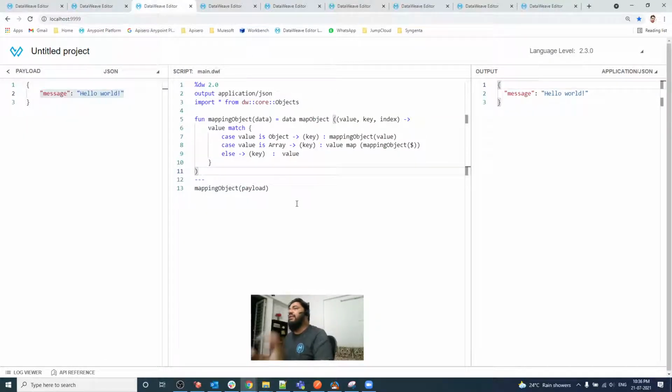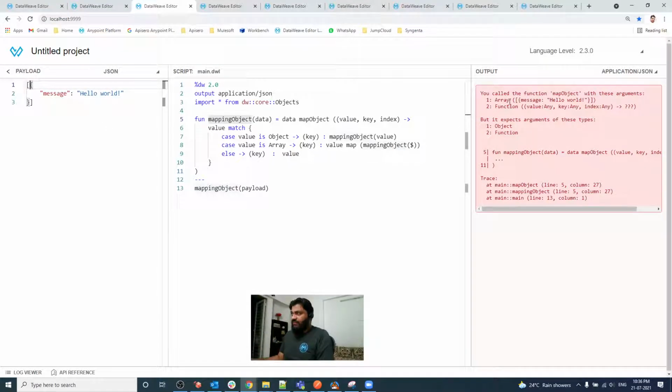So let me show you the third example. Guys, this is very important. Normally I use this kind of recursive calling for every example, and it gives me the advantage of being able to change anything on the field label and value label. Let me show you what it actually does. Currently I'm creating a mapping object. As you can see, the function name is mapping object, so it only iterates over objects, it will not iterate over an array.